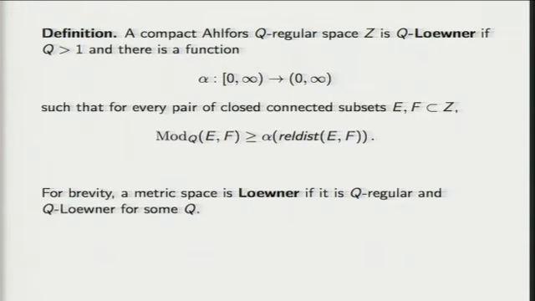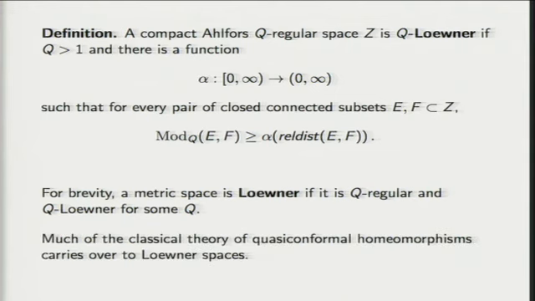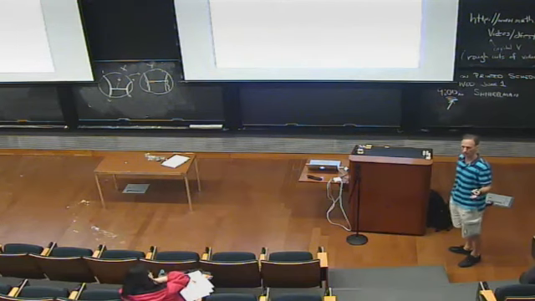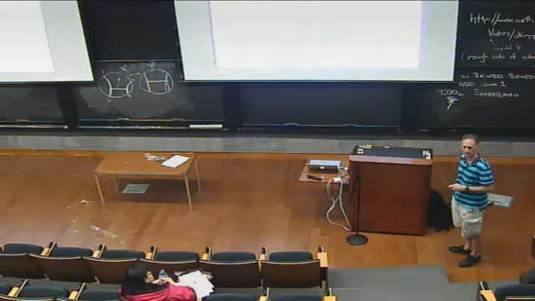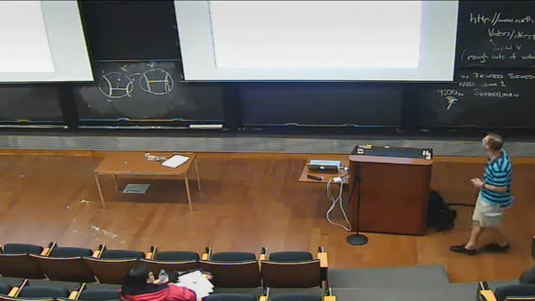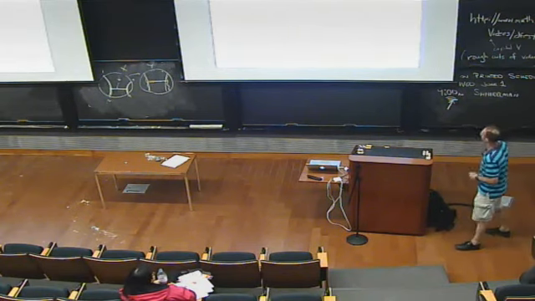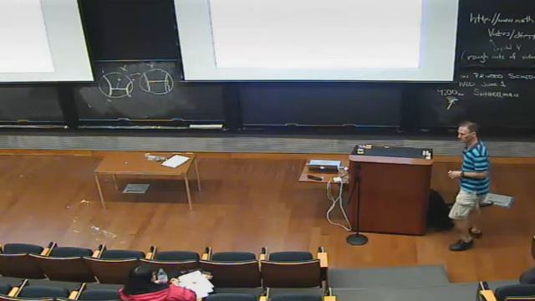So I'll use this brief form. Just say it's Loewner if it's Q-regular and Q-Loewner for some Q. Okay. And so the realization, this came out in this great paper of Heinonen-Koskela, was that if you have a space satisfying this Loewner property, then you can carry over a lot of the classical theory of quasi-conformal homeomorphisms. Okay. So before I say more about this,